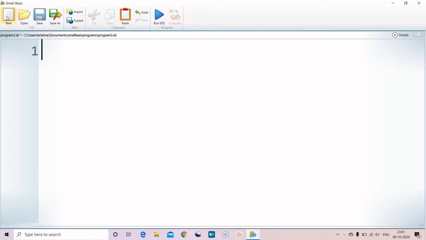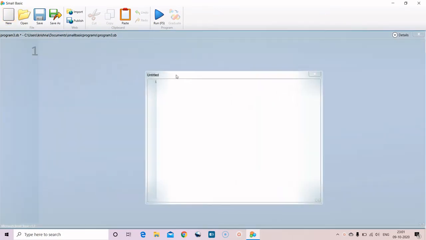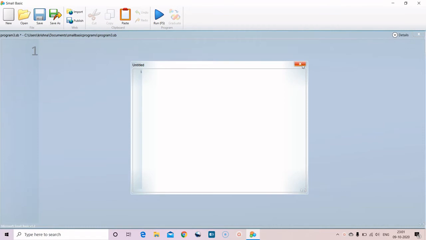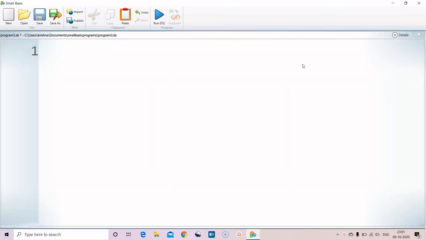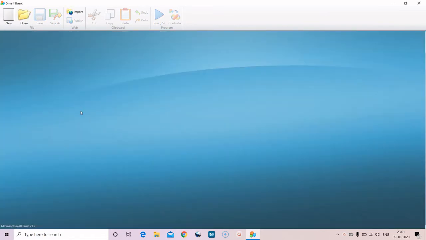The first button is the new button, which will open a new window to start coding. We are already on a window, but if we press new, another window will get opened, which is not required. So I'm just closing it. Suppose if we close this one also, then we will need a new one.